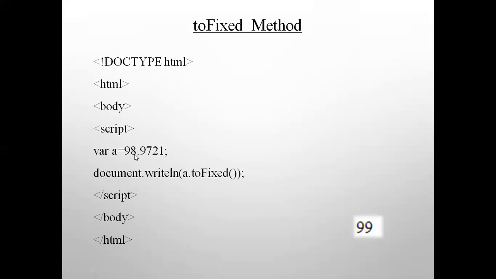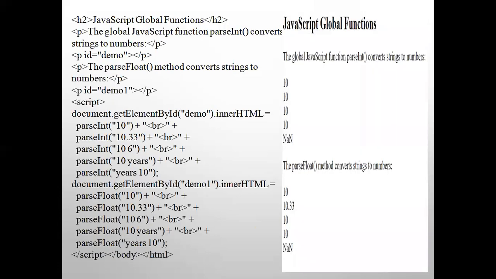So this will be 99, rounded up. The answer will be 99. So this is the way to display it. You can try all these functions by yourself to see the outputs. And all these numbers I have shown in a combined program here.